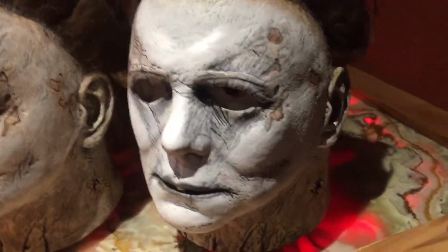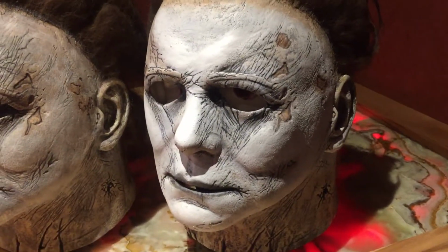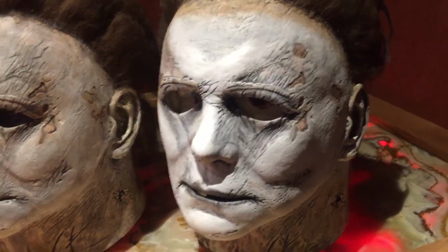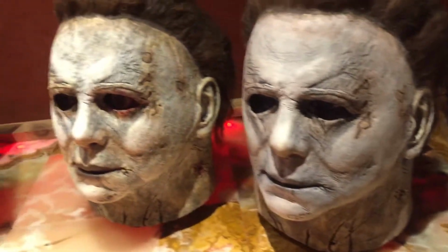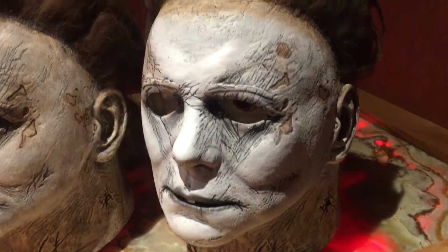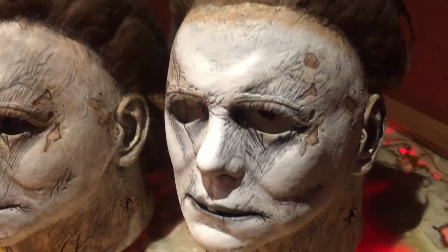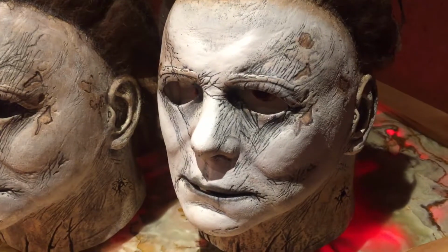And I don't know how much longer this mask will be in production. Who knows? But my plan is to grab as many as I can, overhaul as many as I can, and sell as many as I can. But like I said, you're not paying for the mask, you're paying for the artwork. So, with that being said,